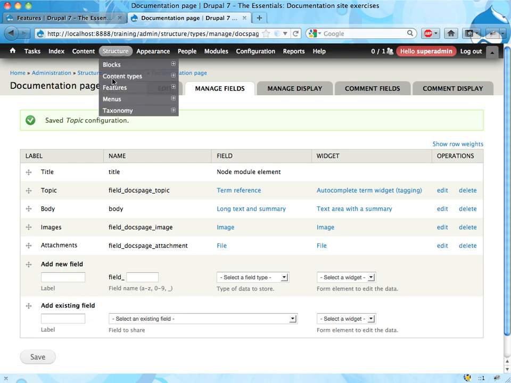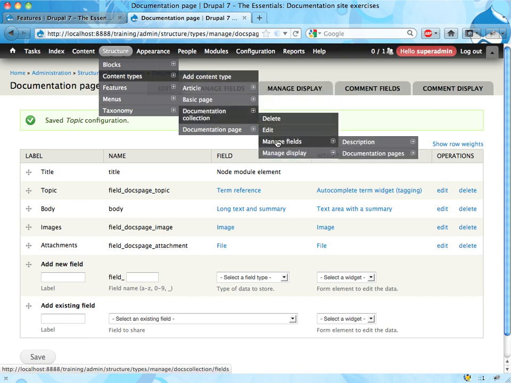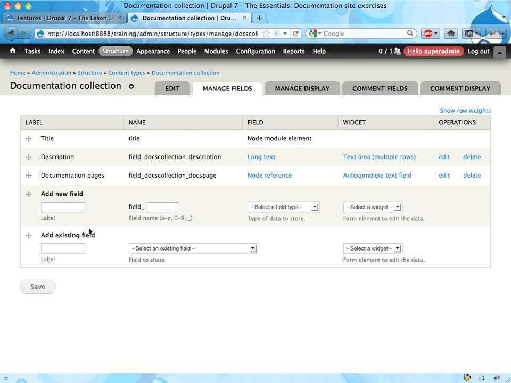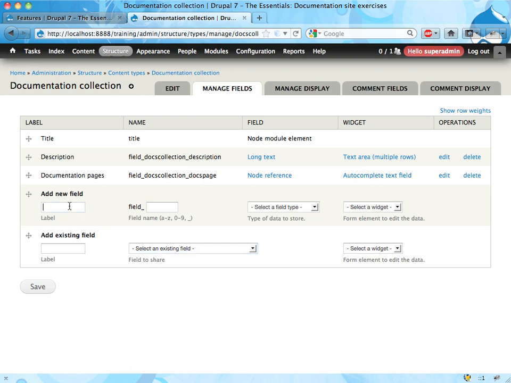Good. And I'm going to go into documentation collections and manage fields and add a new field. I could here reuse the existing field here, docs page topic, and that would work just fine until the day I want to have these fields to behave differently. So I'm actually gonna create a new field that is right now identical except for the machine name, because it gives me flexibility and I don't lose anything. Topic, field docs collection topic,